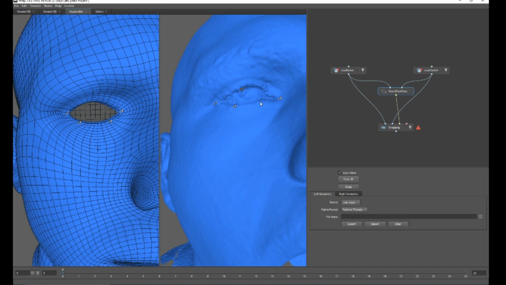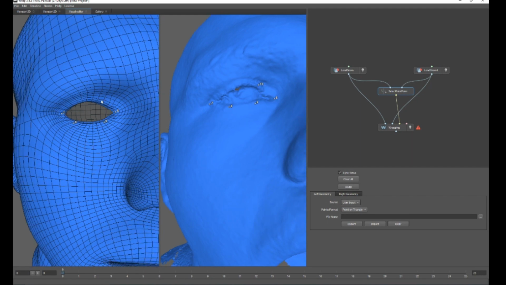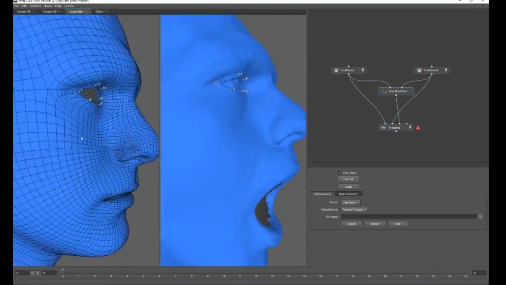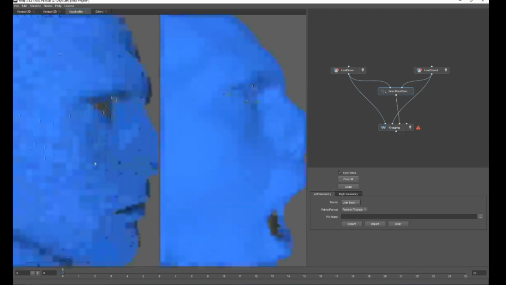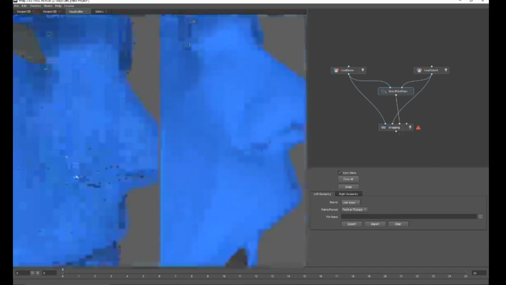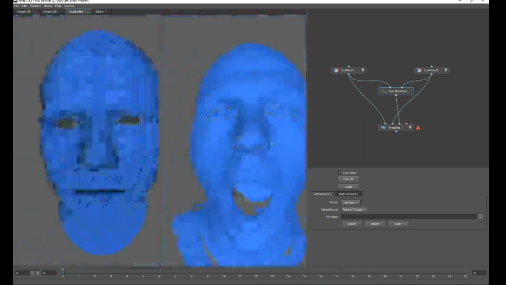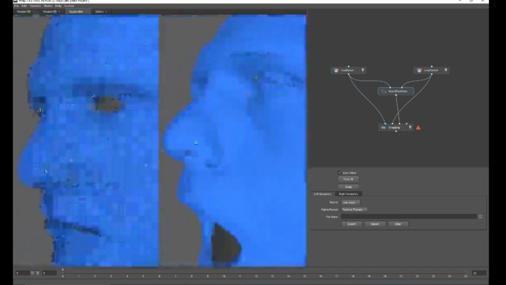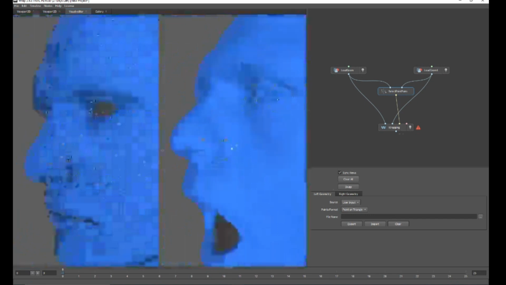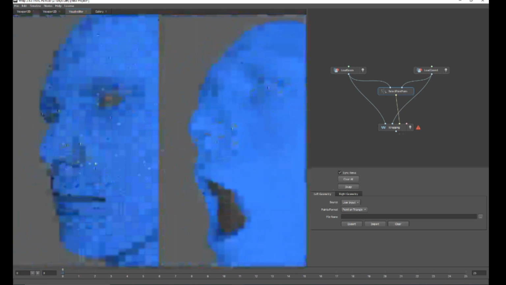Take your time when you add points. You don't want to miss any parts. And if you certainly do miss any parts, it's not going to be the end of the world. We can go back and tweak some points. So here it's all in the points. I'm going to click here. I need 4 for each outside of the nostril. Like here, like this. If you have a lower resolution model, so a lot less polys than this one, you can go with fewer polys, but since this is pretty high poly,